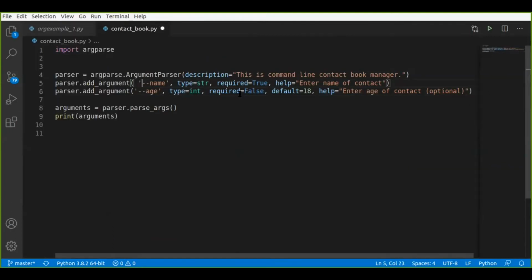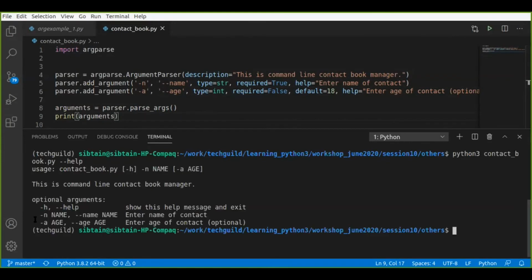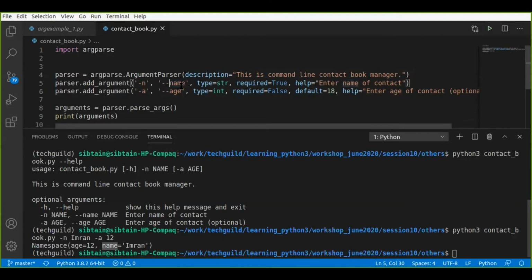So this is like a long option. You can specify a short option over here, dash n. And here I say dash a. User is now having two options here. So if I do a dash dash help, it will show you there is a long option, dash dash name, or there's a short option also, dash n. If you want to just do this, you can say dash n and specify name, and dash a and specify age. Okay. Why is it printing it in name? Because you have put name over here. That's why it is printing it in name. Why is it putting it in age? Because you have put age over here. That's why it is putting it in age.